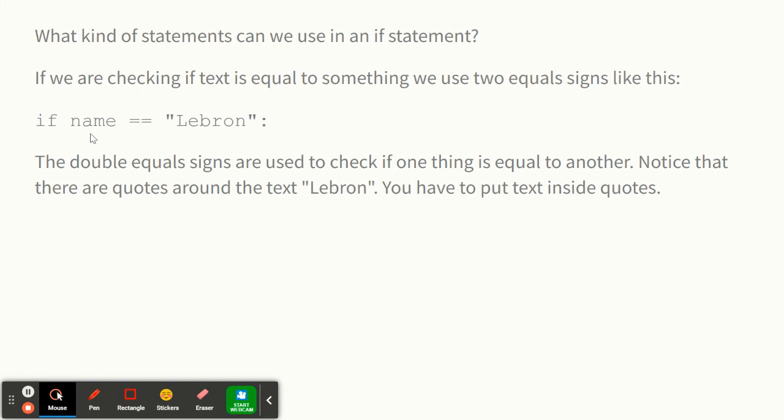What kind of statements can we use with an if? If we're checking text, you would use quotes around the text that you're checking. So if I had a name variable, like if you asked the user to enter their name, and then you were checking if they were LeBron James, you could say if name equal LeBron, and then you still use the double equals with pieces of text, with strings, but you have to put the text in quotes. You see there's quotes around LeBron here. You can't just write LeBron because then it thinks you have a variable named LeBron, which you could, but